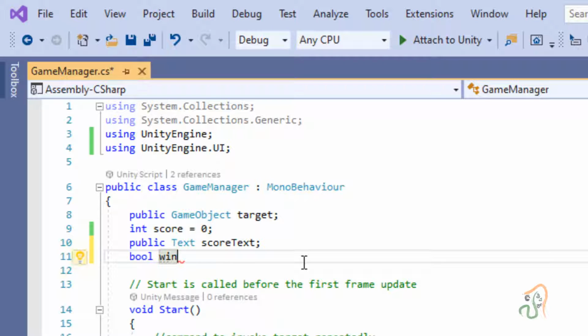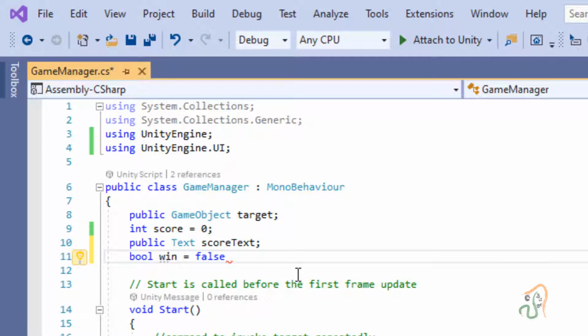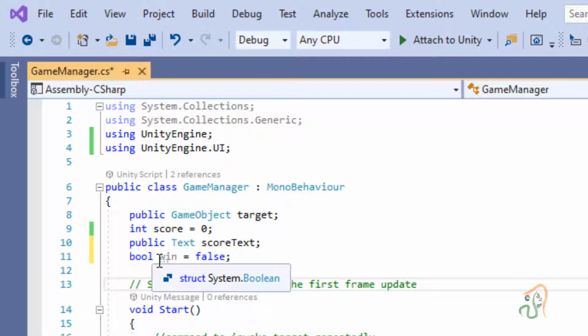This is a boolean value, and initially it is equal to false. End it with a semicolon. So we have declared a new variable win, and we have set its initial status to false. But when the user hits 10 points, then this will turn into true.